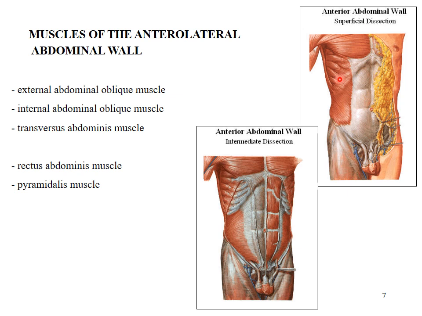The most superficial is the external abdominal oblique muscle. Then the second layer is the internal abdominal oblique muscle, and the deepest is the transversus abdominis muscle. All these muscles have a muscular part and aponeurosis, and